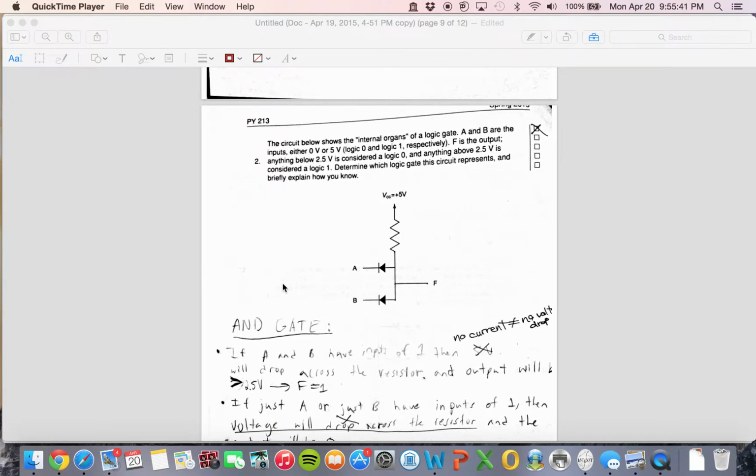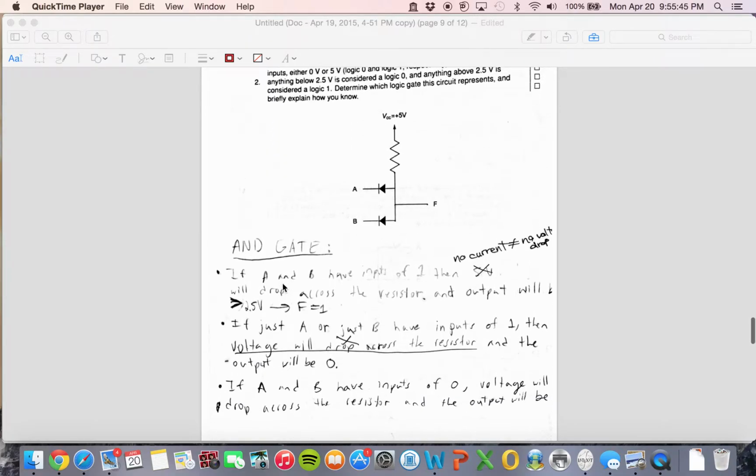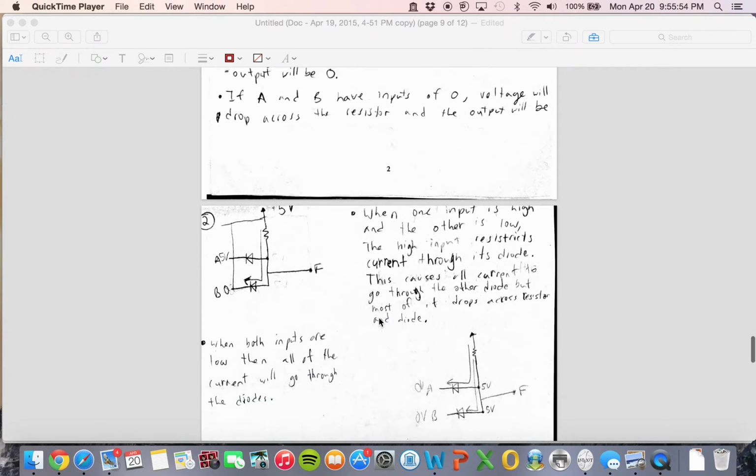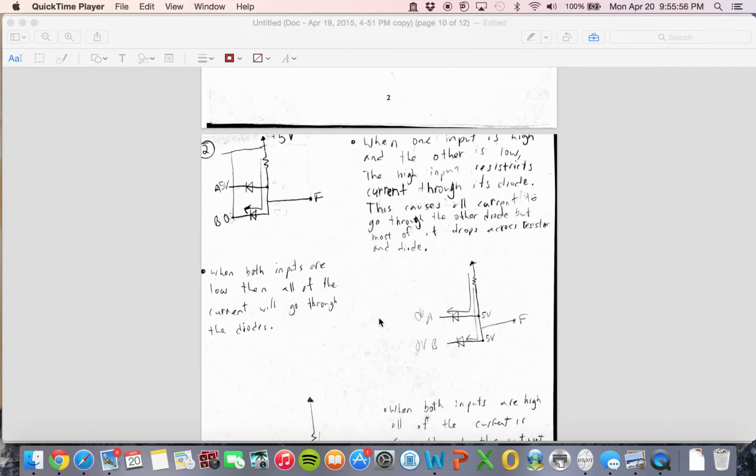In assignment number 24, questions number 2 and 3, I didn't really talk about current as much as I should have, and I was speaking more in terms of voltage drops, so I revised my answers to talk more about current flow in the circuits. So for the AND gate, when we have one high input, current will be completely restricted in that branch because no voltage can drop across that diode. So that forces all the current to come through here, and voltage will drop across the resistor and the diode,